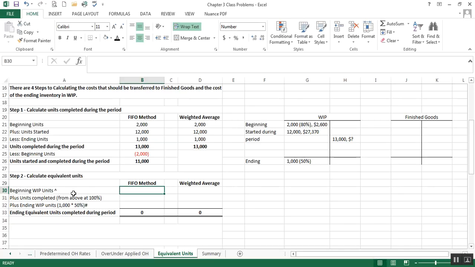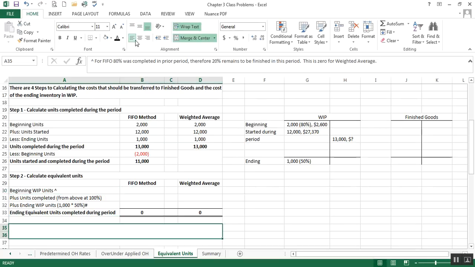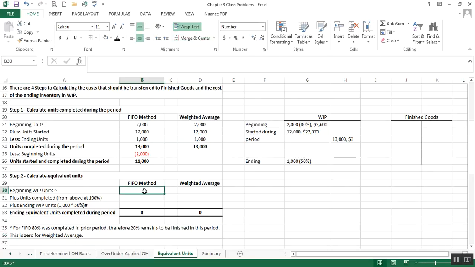So, our beginning WIP units, we have 2,000 in beginning. However, 80% of that is already completed. So we need to calculate what we're going to finish during the period. Because we've already done 80% in the prior period, there's 20% remaining to be finished in this period. So we're going to take 2,000 times 20%. Okay? Then we're going to take the 11,000 that we calculated here, which was started and completed during the period